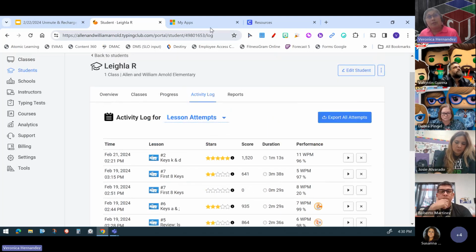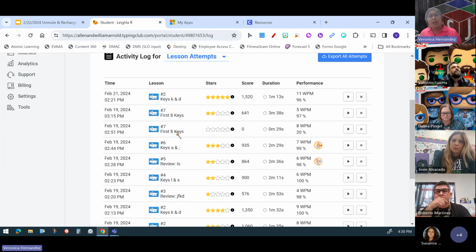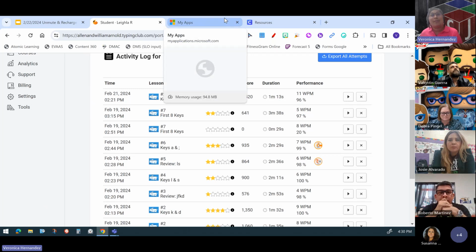I have a little video to show you, but it tells you the different keys. It shows them how to place their hands correctly, and it's practice. So they started with the F and the H, and they were just practicing the F and the H, and then it moves on to the next 2 letters, which are the D and the K. So it goes by sections of their hands. The kids really liked it over learning.com because it's more interactive for them. And they're like, oh, now we look like you, Miss Hernandez. I thought that was so cute.